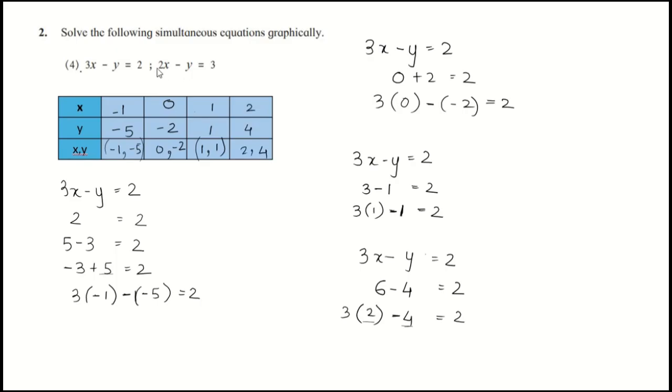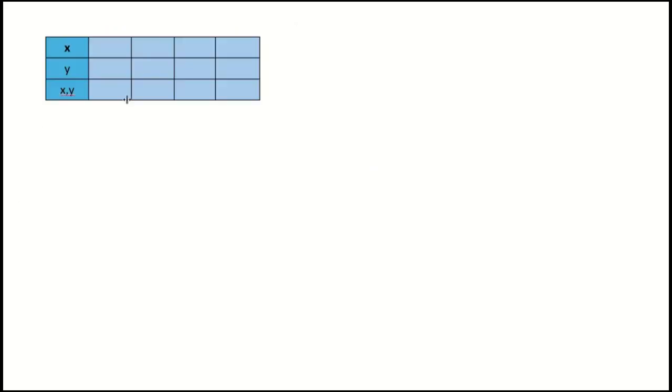Moving on to the second equation from this question. The second equation is 2x minus y is equal to 3. We will write down the equation here: 2x minus y is equal to 3. Here we need to get a total of 3 after solving the equation by putting the values of x and y. So we can try possible numbers. Let's take 0 plus 3. We get 3. How can we write this 0 plus 3 in equation form to get the value of x and y?